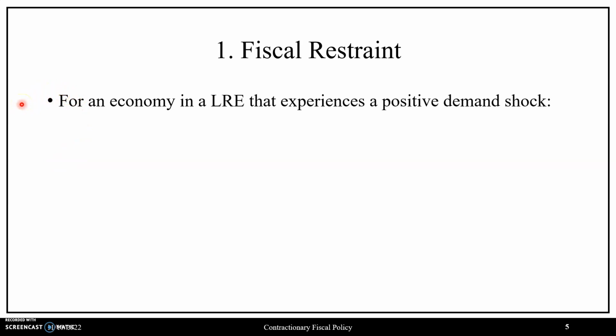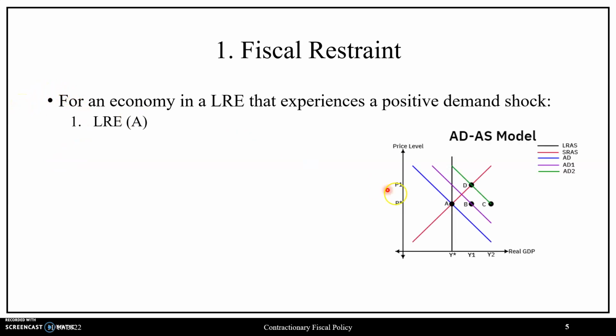For an economy in a long-run equilibrium that experiences a positive demand shock, we have seen that starting at point A, if the economy is at a long-run equilibrium, it's producing at potential real GDP Y star at the targeted price level P star. Should a positive demand shock occur, there will be an initial increase in aggregate demand going from AD to AD1, in which quantity demanded with respect to real GDP will be Y1, while quantity supplied with respect to real GDP will be at Y star, which means insufficient inventories amass in the product markets of an economy,